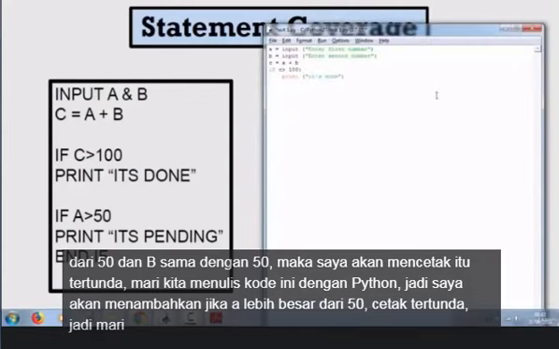So I will add if A is greater than 50, print